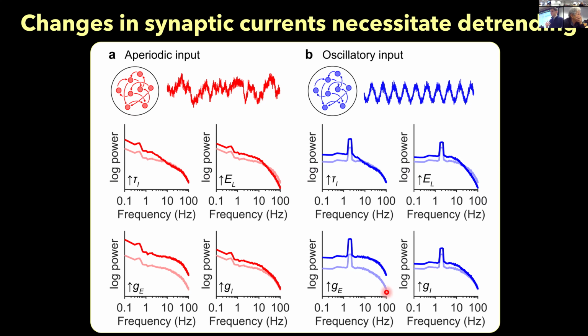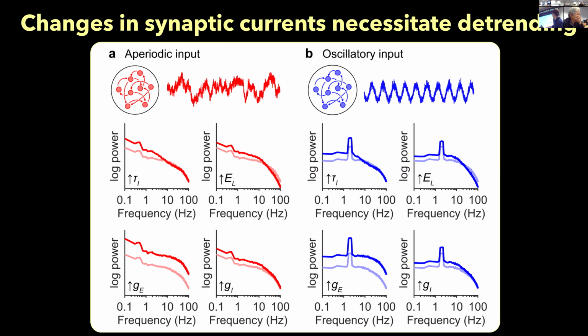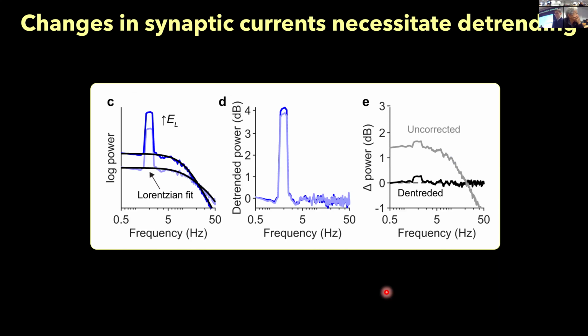And they're going to produce EEG signal changes that have nothing to do with the neural dynamics. That's just one example here. Let's say that I've increased the conductance of leak channels in the neuron. You can see that if you don't account for this change in the spectral slope, you're going to say that between these two conditions, you have changes in delta rhythms, theta rhythms, alpha rhythms, decreasing gamma oscillations, which is not